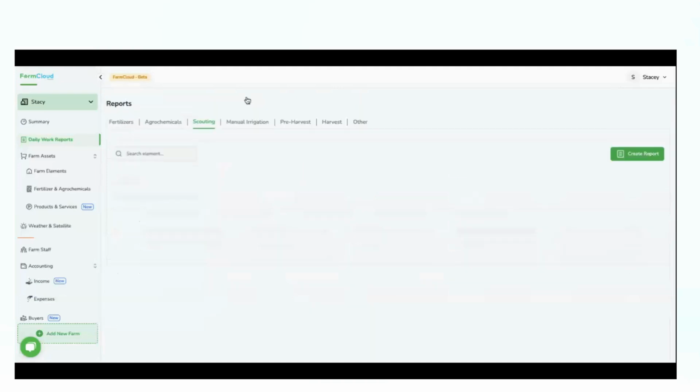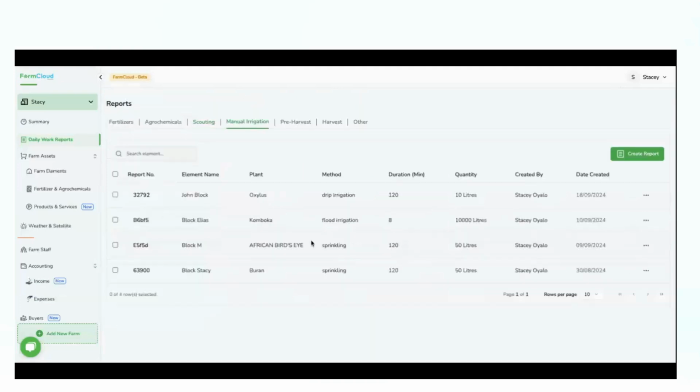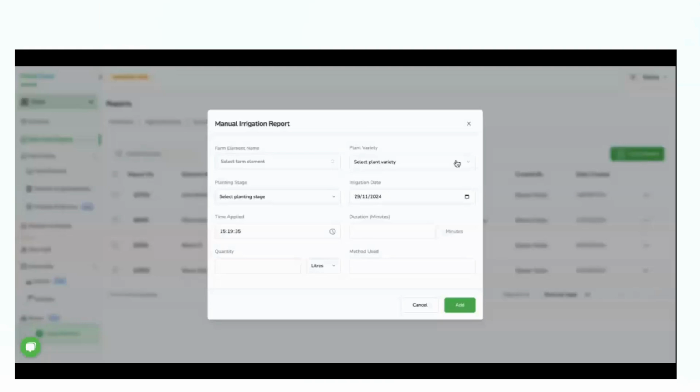So the next bit we have is the manual irrigation. Any irrigation that you'll have to do in your farm manually, this is the report that you have to fill. But just to let you guys know, as Cinefa, we do have a device known as FarmShield, and FarmShield takes part in automating irrigation. So if you have FarmShield, you wouldn't have to indicate this report, since FarmShield will definitely automate irrigation for you. But just to walk you through the manual irrigation report, the same thing that we've been doing, you indicate the structure you have,